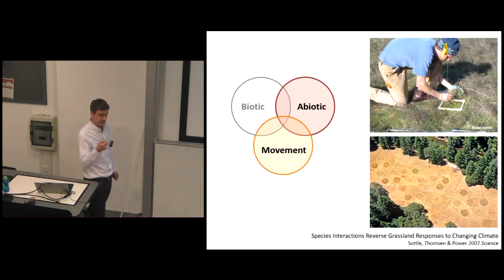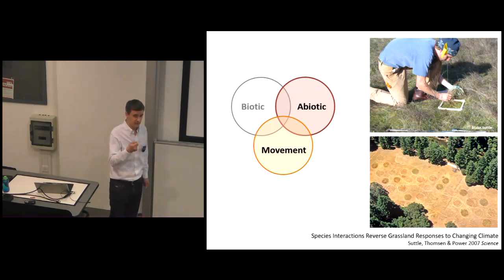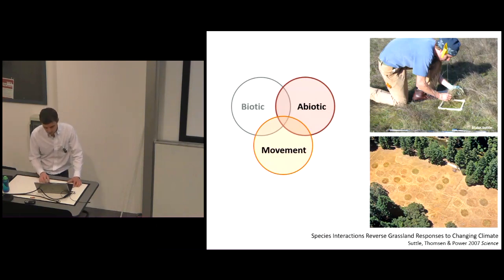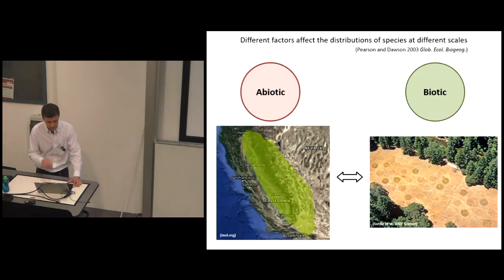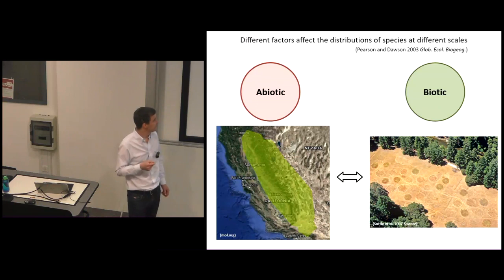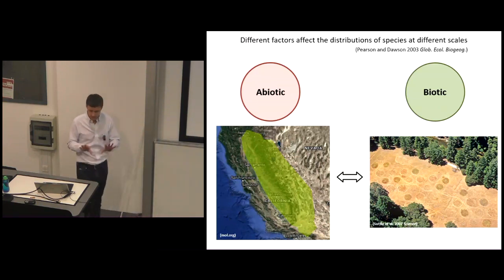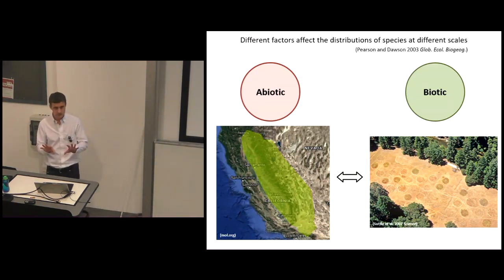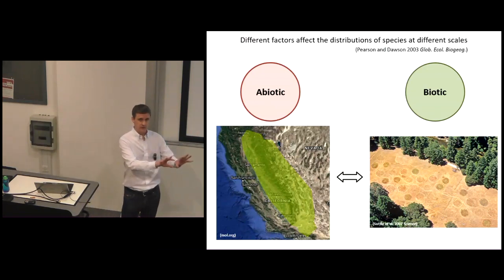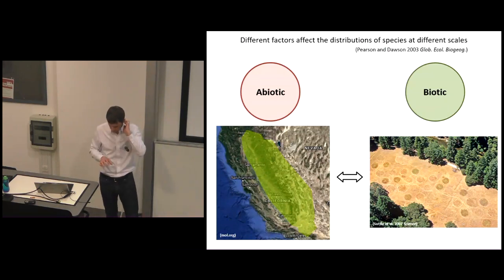which just illustrates how important the biotic drivers are, and that for most of what we do as macroecologists, we're simply ignoring, well, ignoring is too strong, but we're not really fully taking into account these kinds of interactions. So what I'm going to show you is that we've been working with Blake to try and model his study system. But fundamentally, one of the key things that we're trying to do is look across spatial scales and link what community ecologists are doing and what we macroecologists are doing.